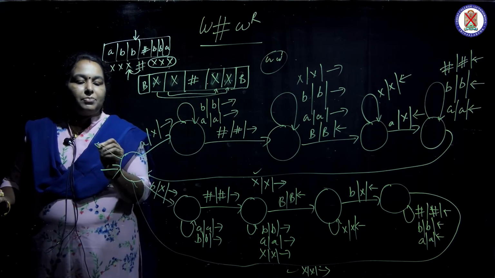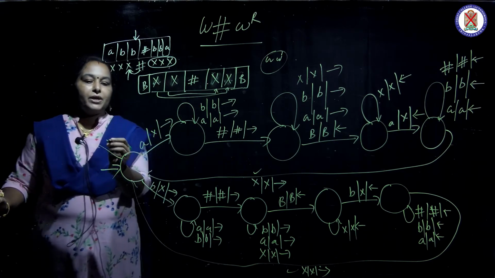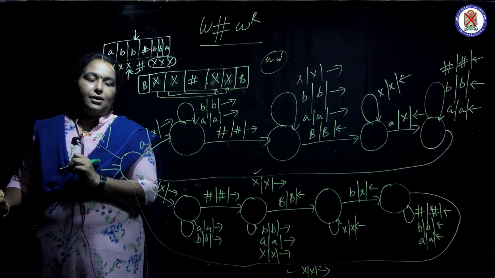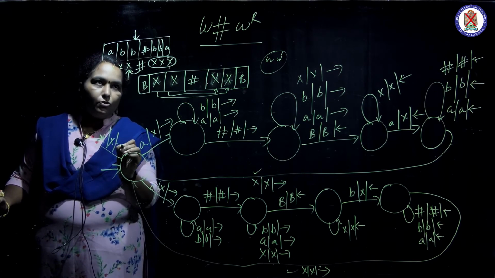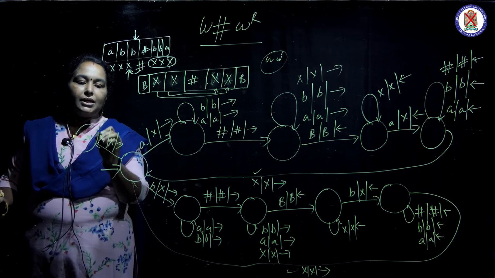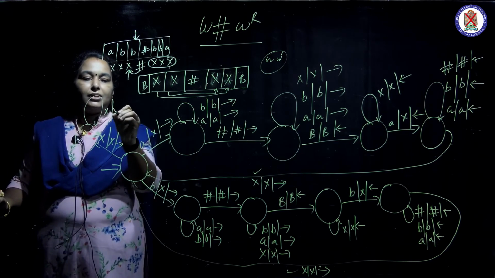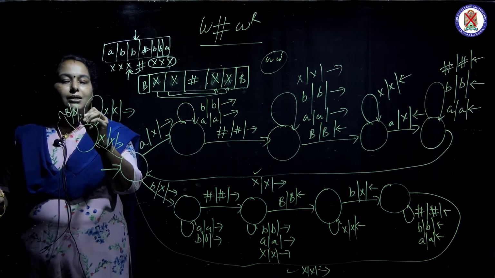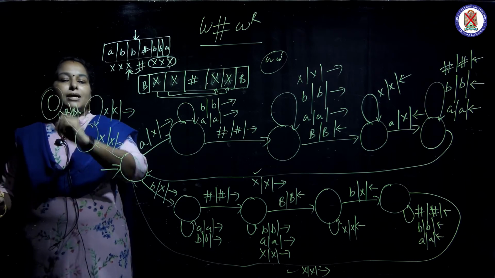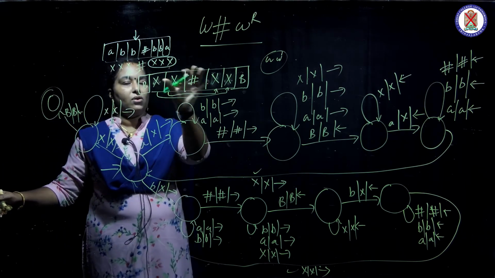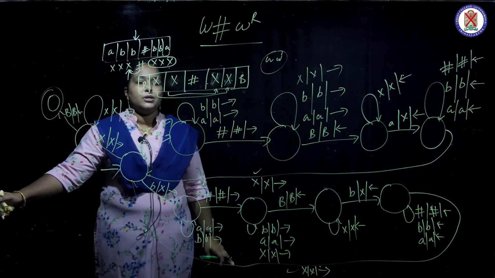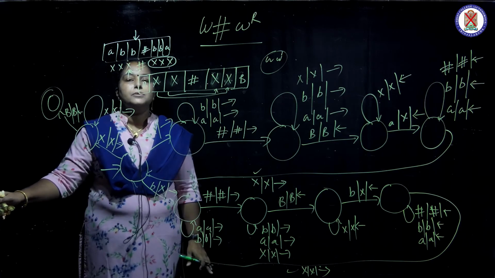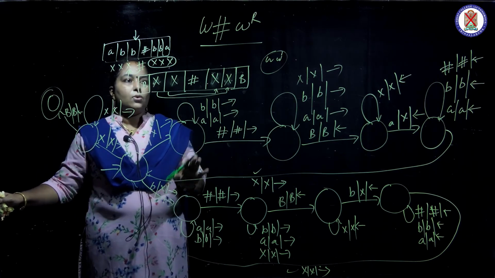So if it is correctly matched, after hash there will be only X's. Okay, likewise in the previous condition, I am drawing to here. So if X comes, I make it as X and move forward. Every time when X comes, I make it as X and move forward, and if I see blank, I make it as blank and move backward, and I accept it. Same logic, but here only X's, so X is repeated here. Okay, if you make this as X and this as Y, you can repeat for Y itself. Okay, so that is the only difference.